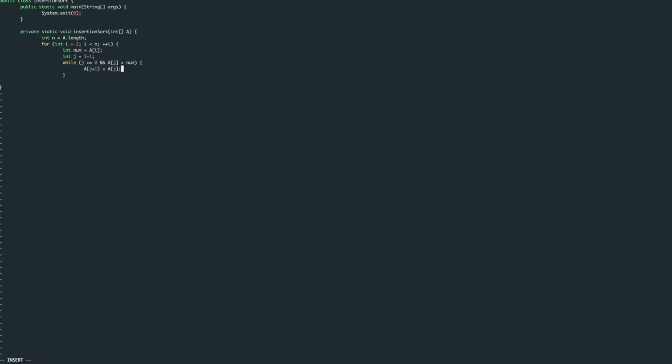We keep this condition because if j is less than 0, then a of j is not a valid number. So when this while loop ends, we basically insert the new num at a of j.